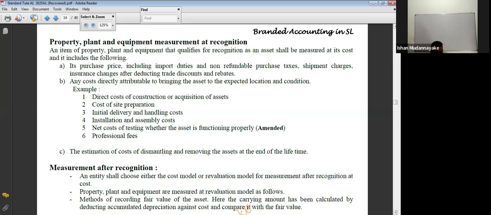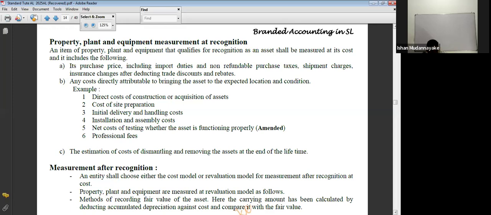Purchase price including import duties and non-refundable purchase taxes, shipment charges, insurance charges, after deducting trade discount or rebate. Any cost directly attributable to bringing the asset to the expected location or condition: direct cost of construction or acquisition of assets, cost of site preparation, initial delivery and handling cost, installation and assembly cost,